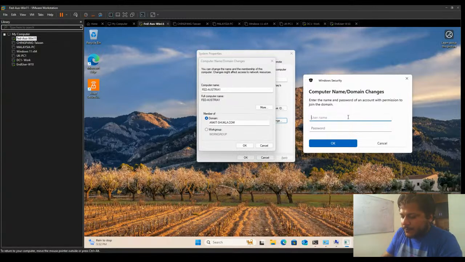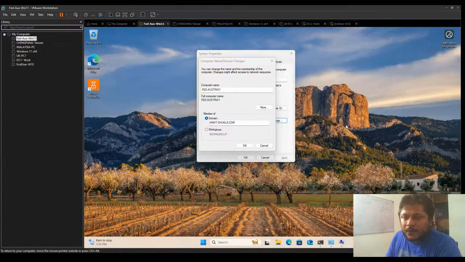So for myself, Ankit-Shukla backslash administrator, that's the account. Then the password of your main admin account. Click OK. It's going to verify whether this account has the privileges to join this machine to the Active Directory domain.